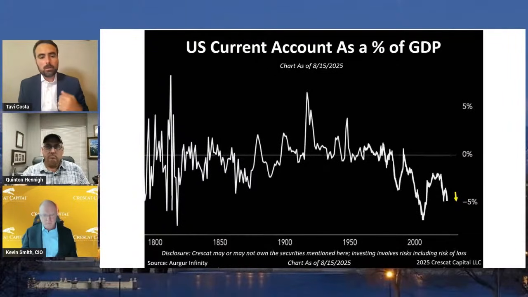So basically think about this as an exponential growth of the debt, given the fact that you're running a double-digit twin deficit today. It's about 5% of GDP on the current account, plus another 7, you get about 12. So, look at this chart. The only time we've seen something close to this type of trade deficit was in the 1800s.